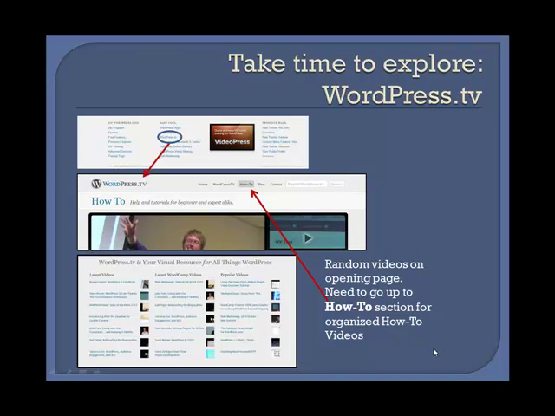Also, WordPress.tv is something that is relatively recent. So again, down at the bottom of the page, if you click on it, it will first take you to the overall site. Now, the overall site is very